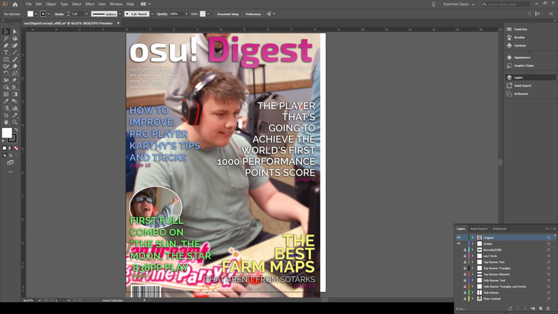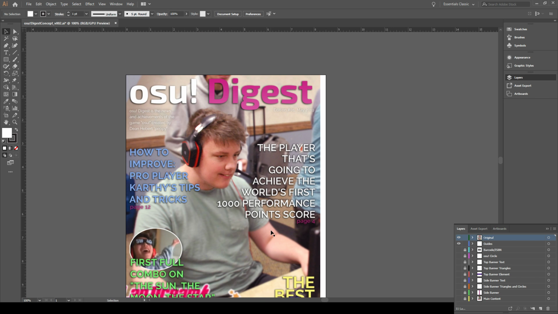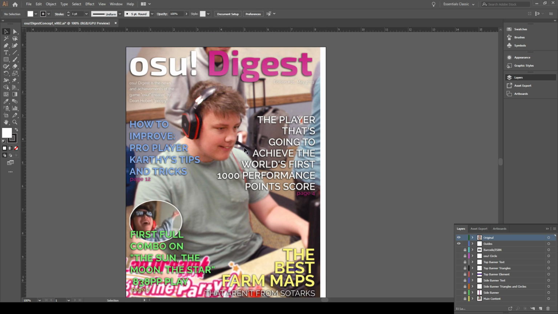Okay, so now that I've gone over pipeline a little bit, here are the things that I'm not a big fan of. Again, the layout just feels quite stale, and it doesn't feel like it has a lot of character. It's not super interesting to look at, although I will give brownie points here for having everything but the face blurred and having the text wrap around the face. This is the important part of the cover, and that's made very aware. A, the focus. B, how the text is laid out.